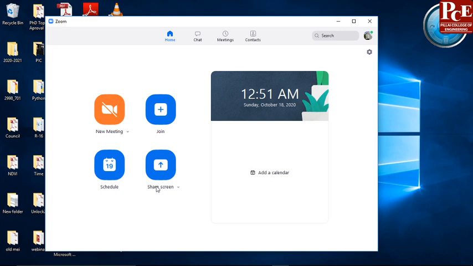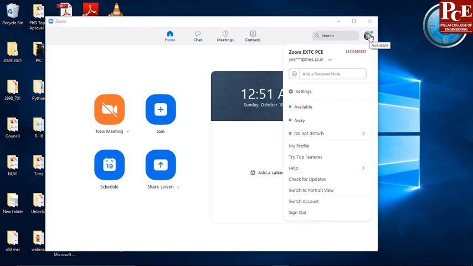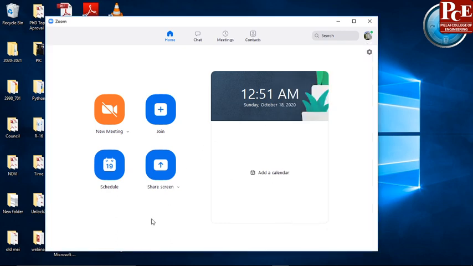Along with that, one more important tab is My Profile. When you click over here, you will get your settings and all options. So we need this. I'll explain these options meanwhile.